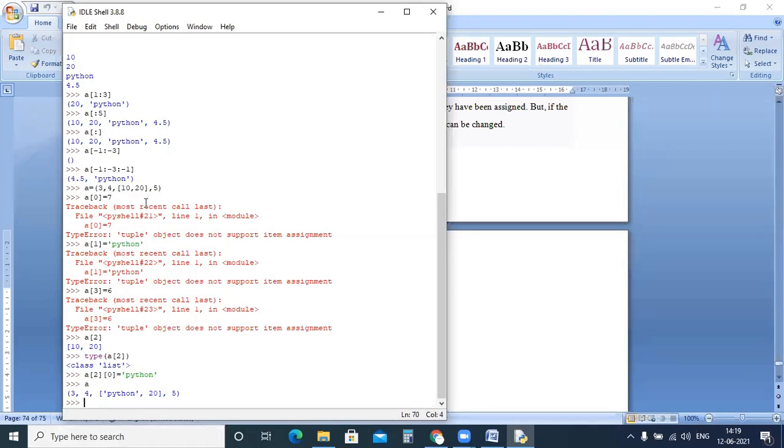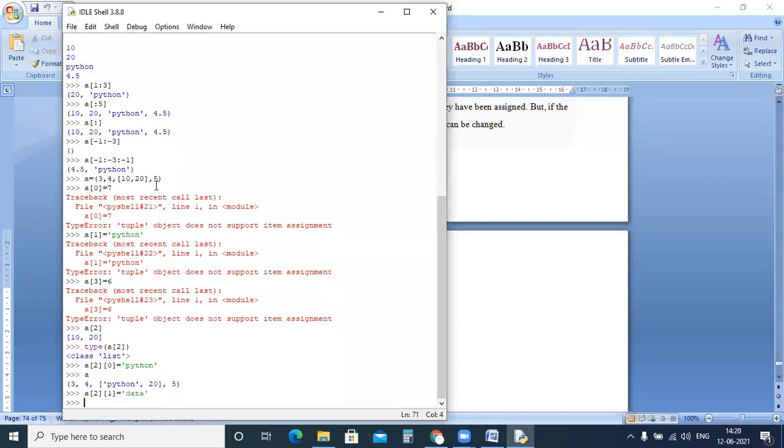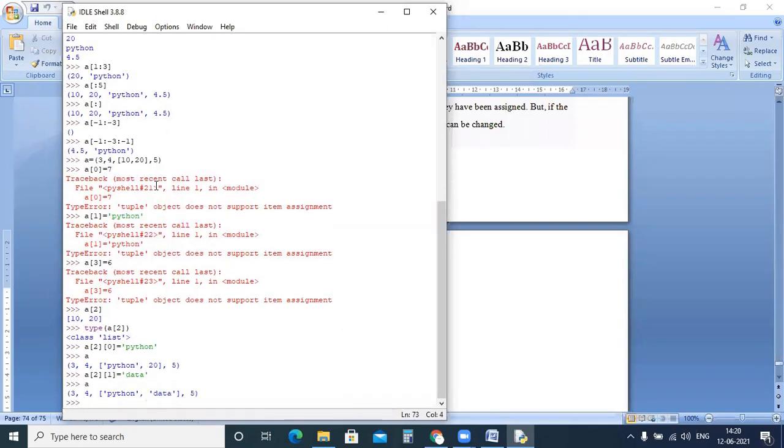Now, if I want to change the value of 20 to data, how to change? I want to change the value of 20 to data. What is my index? Yeah, A of 2, 1 equal to data. So I'm not getting any error. 20 is changed to data.